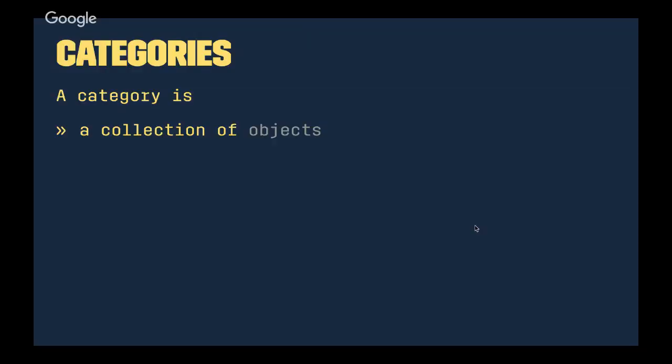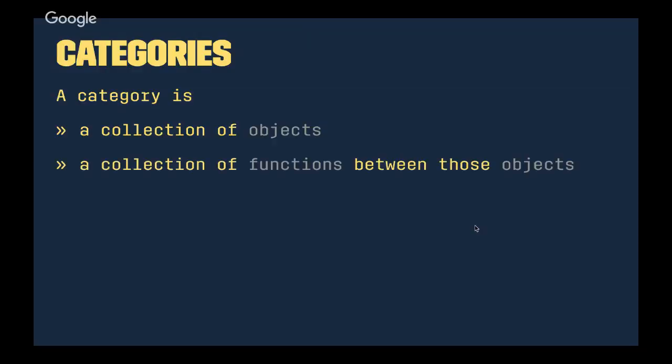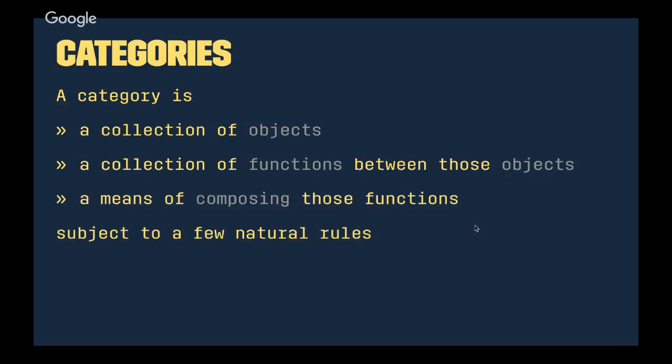I have to give a definition of category. I'm going to try to do the formal math speak here pretty soon, so just stick with me. But to give you some definition, a category is a collection of objects. I don't mean object-oriented objects, I just mean things. A collection of functions between those objects, which also doesn't really mean functions like you think about them, but still, your intuition can guide that. And importantly, a category has a way of composing functions together. So when I say a category, I really mean some specific notion of what it means to compose.